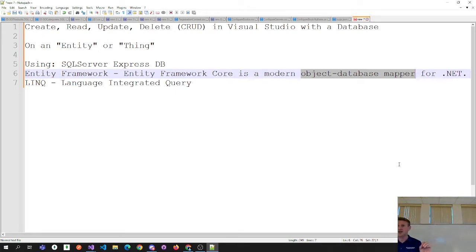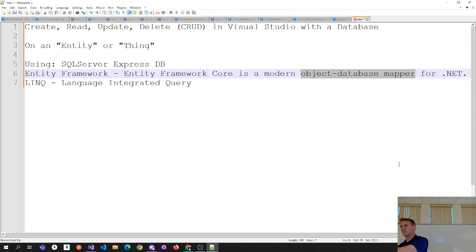Entity Framework is an object to database mapper. You create classes. We know objects. When you instantiate a class, you have an object. We're going to take those objects and map them to a database